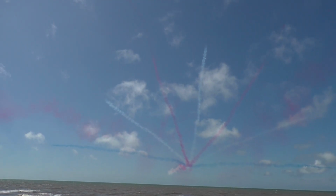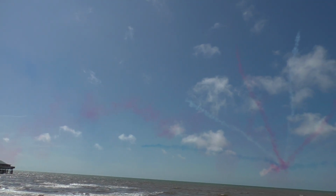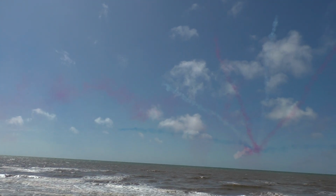In a loop, all aircraft. Red 1 puts his smoke on. He'll gather the rest of the formation, take them back to Blackpool Airport. As said, our engineers will turn the aircraft, they'll refuel them, put in dye for the smokers. They'll turn the aircraft,